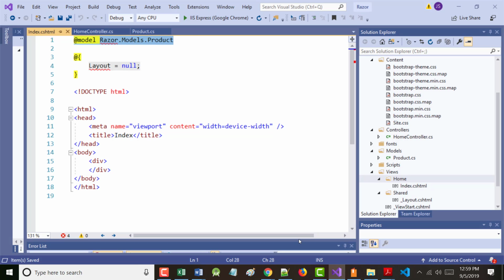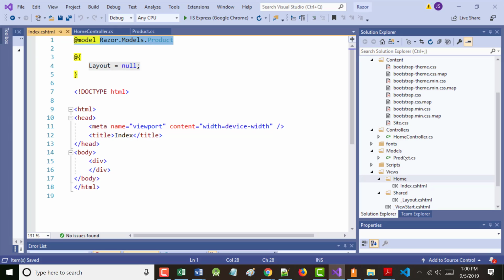Now it's a strongly typed view. In other words, rather than just basically saying it's someplace in models, we're telling it exactly what it is in the models area we're going to use. So even right now, all that's there is product. I get it. But if there were a lot more things there other than product, we're still saying that's the one we're looking for.